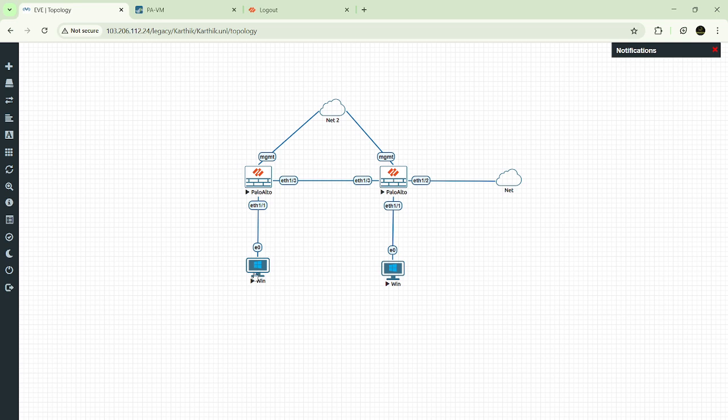You can configure it statically on these Windows machines, or you can configure DHCP on Ethernet 1/1 on both the firewalls and get the IP dynamically on the Windows machines. So I have configured the DHCP server on Ethernet 1/1 on both the firewalls. I got an IP dynamically, which means this Windows machine is getting an IP through the DHCP server which we have configured